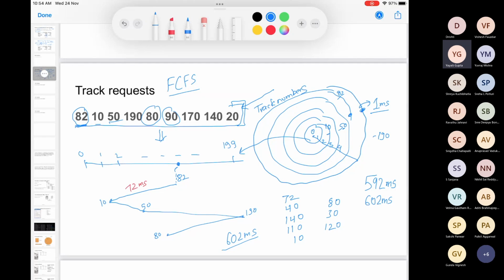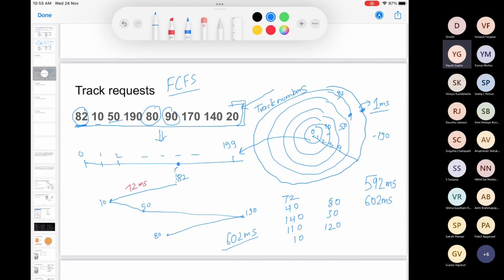The second approach, what we can do is, whenever you are at a particular track and you have to serve the next request, also remember that all these algorithms, whether it is about demand paging or this one or CPU scheduling, all of these are online algorithms. What is an online algorithm? The data keeps coming, right? You do not know your entire input beforehand. So it is always possible that when you are serving these requests, going to these particular tracks, there are new requests coming into your system. Right? So FCFS is always the most basic one. Whatever comes, you serve it. Whatever comes next, you serve it next.